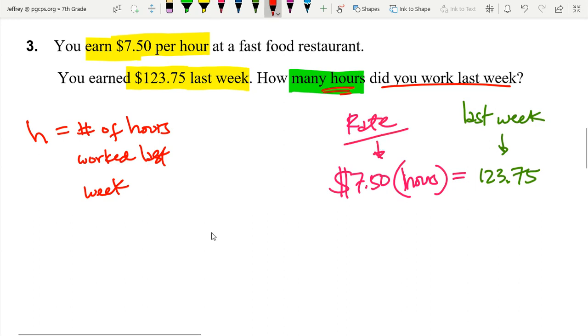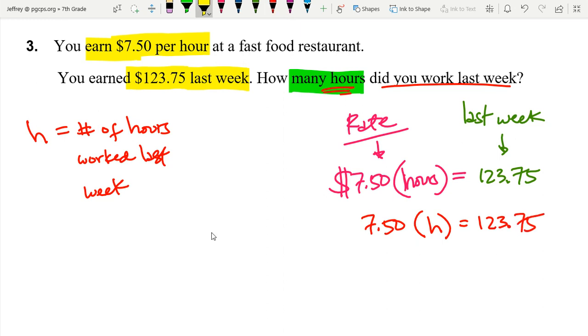Now let's write this: 7.50 times H is equal to 123.75. Let's solve for H. What do we do? Absolutely, we're going to divide, use inverse operation. Since this is being multiplied, we're going to divide by 7.50 because we need to isolate H. So H is equal to 123.75 divided by 7.50, and you're going to get